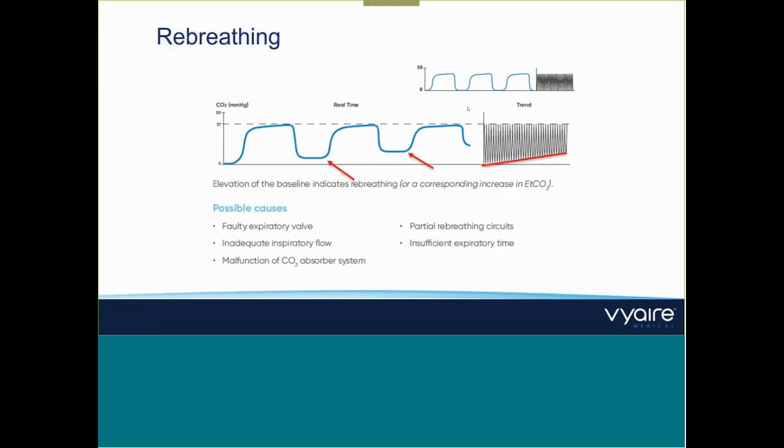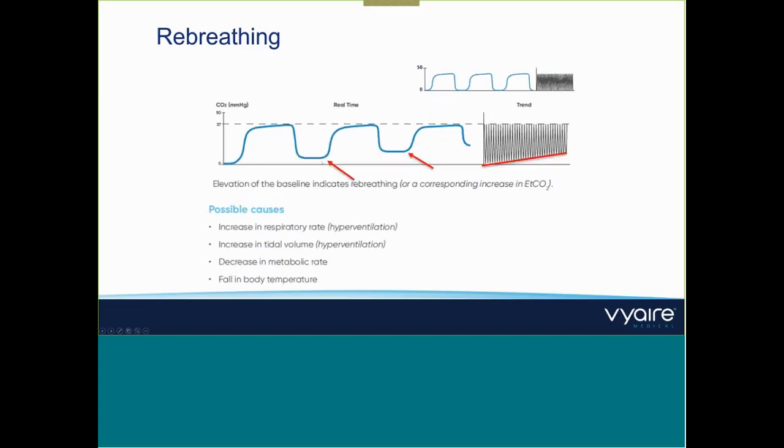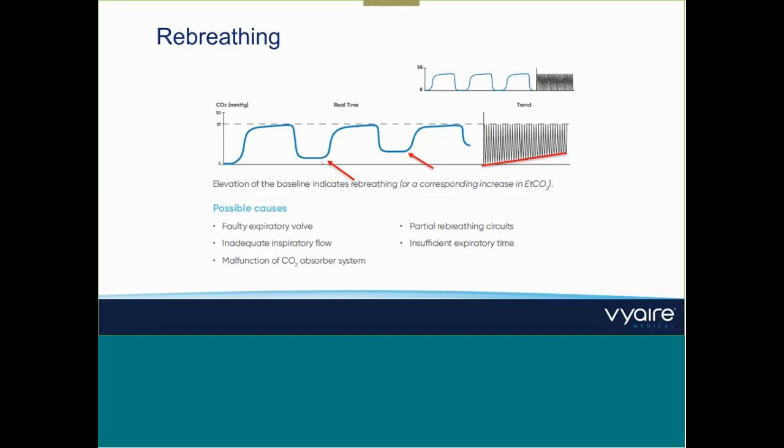Rebreathing. You always see the normal here: CO2 comes back to 0 at the baseline, and the next exhalation phase rises again. When the CO2 is not coming back to the baseline, there must be some rebreathing. This can have, as you see, several